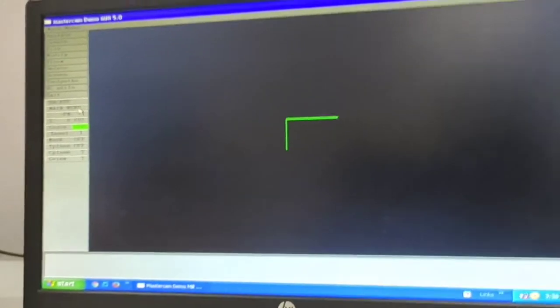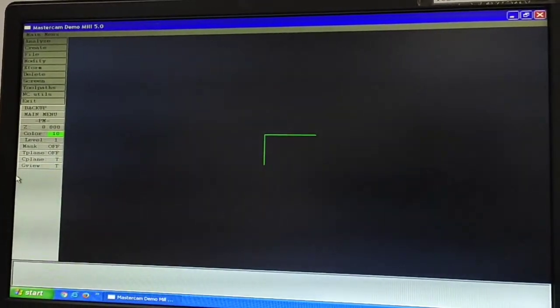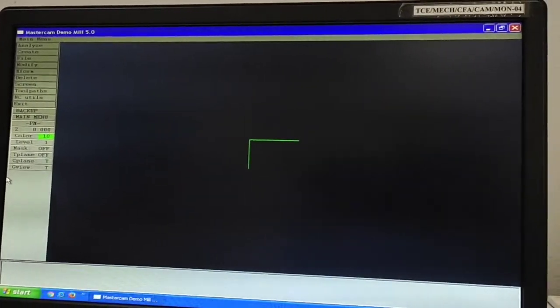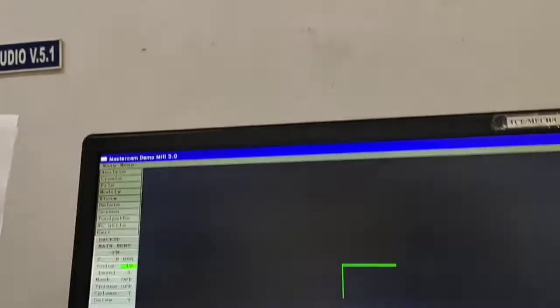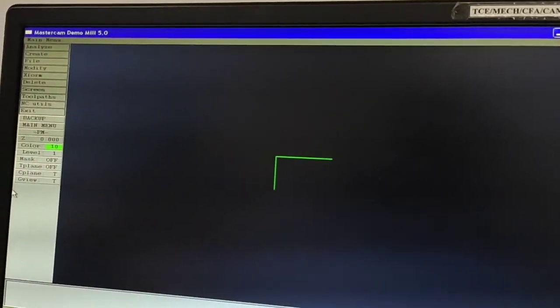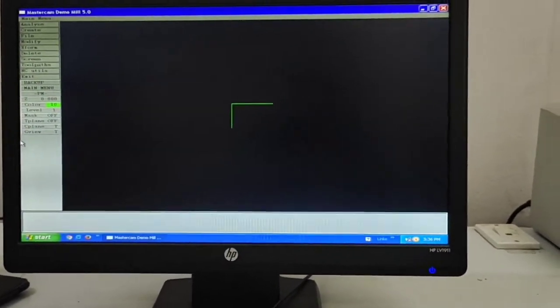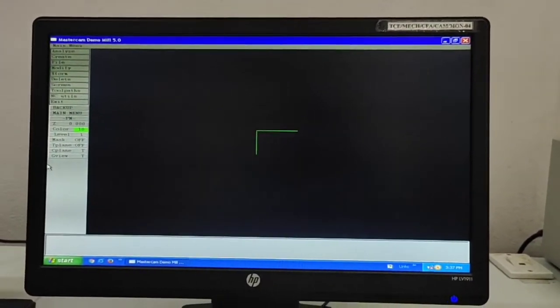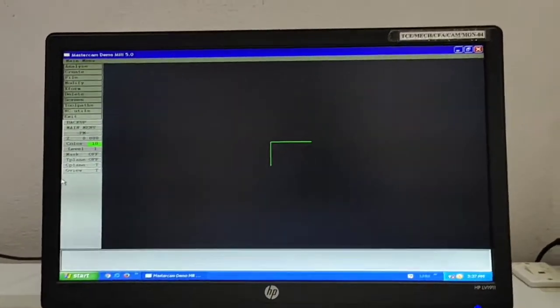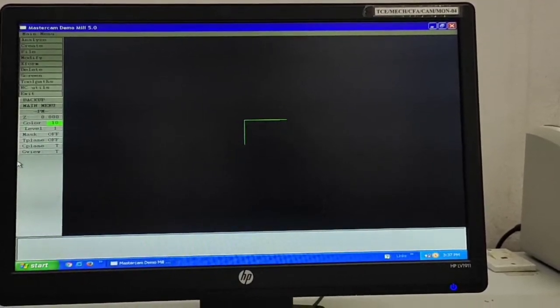So from here, I have to draft the curvature. First you have to draft the curvature, then you have to join the line. Without curvature, we are not able to join the tangent line. So first you have to draft the curvature. To draft the curvature, normally the arc moves from 0 to 90 degrees, 90 to 180, 180 to 270, 270 to 360.